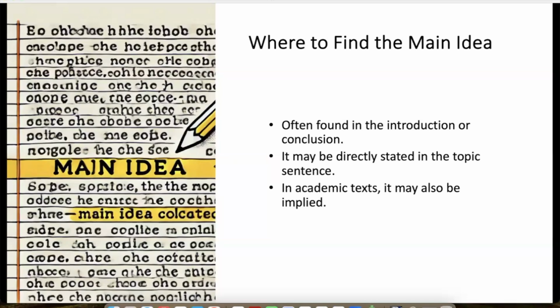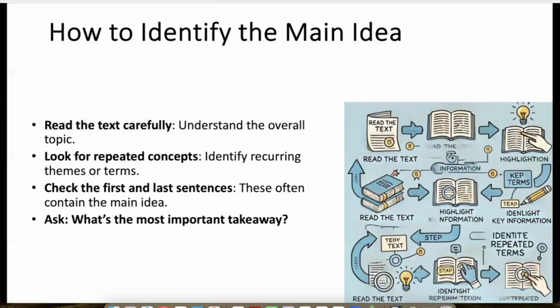And then the job is a bit, I can't say difficult or impossible, but maybe more challenging for you to identify the main idea. But no worries, I'm going to provide you with some tips and hacks in order to find it. What I'm going to do, you see here in the image, it provides you with a kind of cycle. You read the text